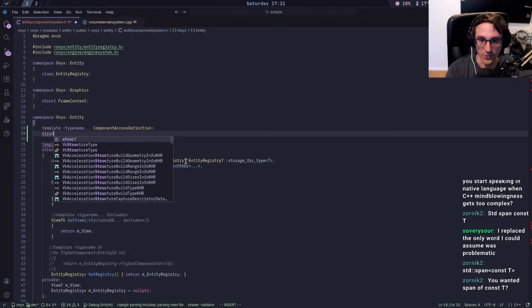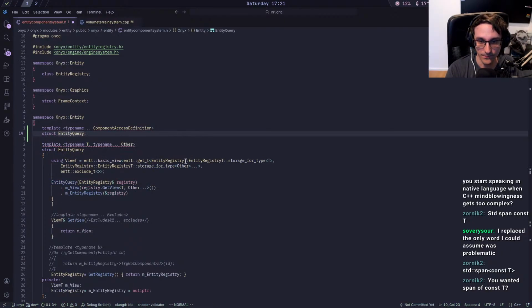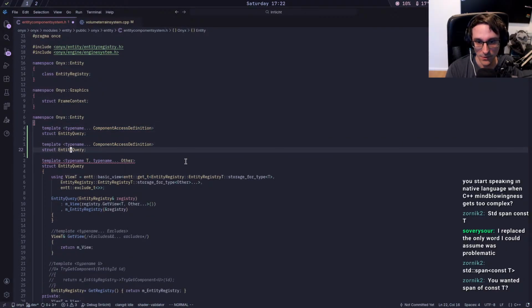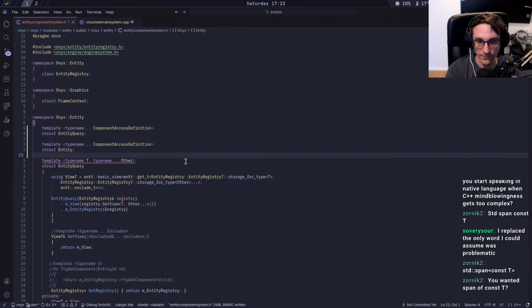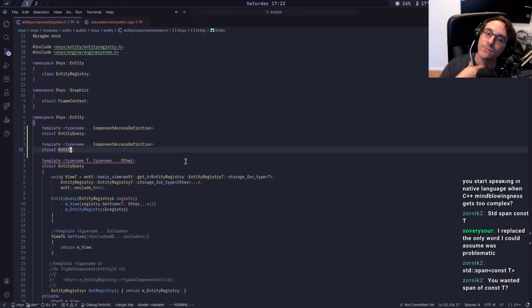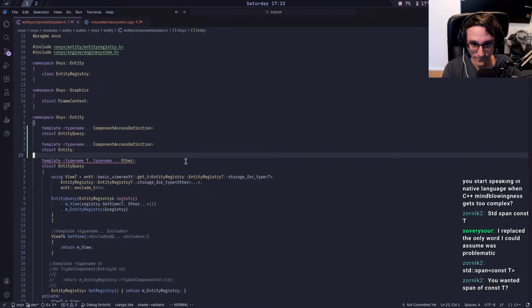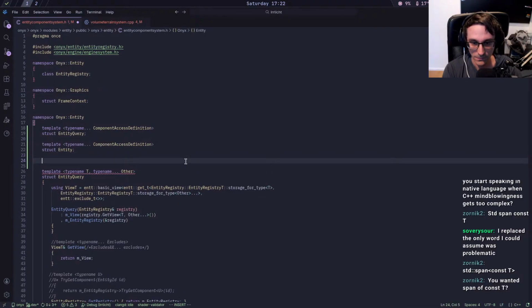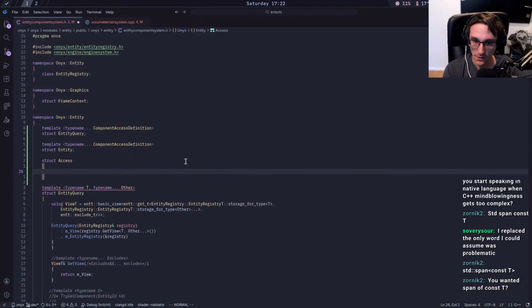And then this is a struct entity query. We have the same thing, just with an entity. And yeah, this one will change. And then we have a struct access,